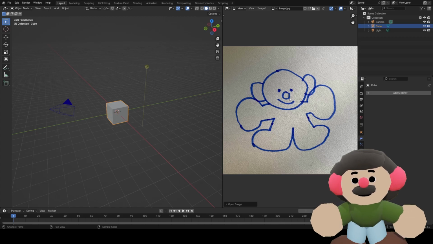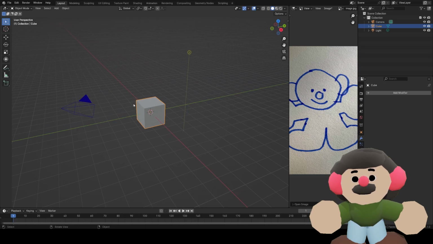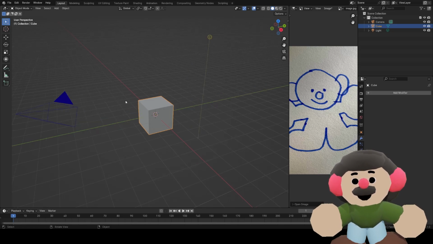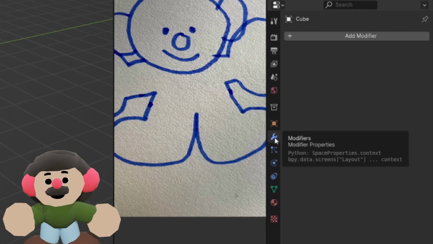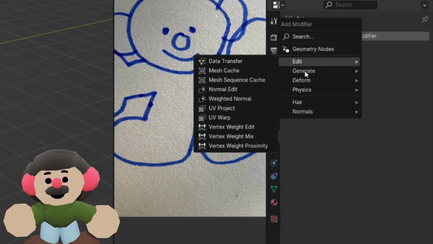use a modifier called subdivision surface, which is going to add more geometry to the cubes and turn them into spheres and any other shapes. And I think this is a really great way to model because you keep very simple geometry, just cubes, but you can create all sorts of organic shapes with them. And this is especially good for characters where you don't typically have a lot of hard edges unless you make a robot or something. So let's come over to the right to the modifiers panel, and we'll add a modifier,